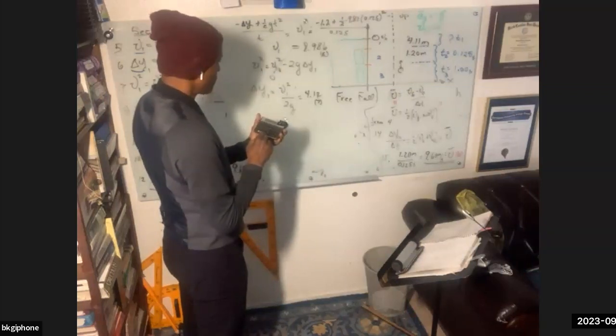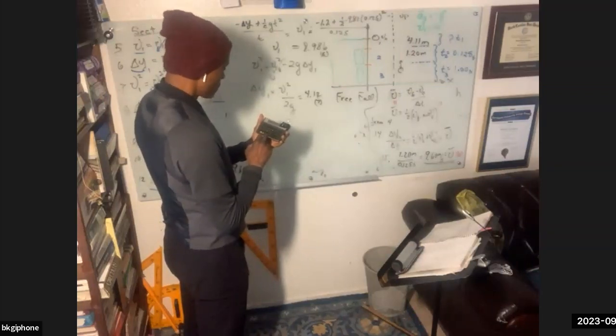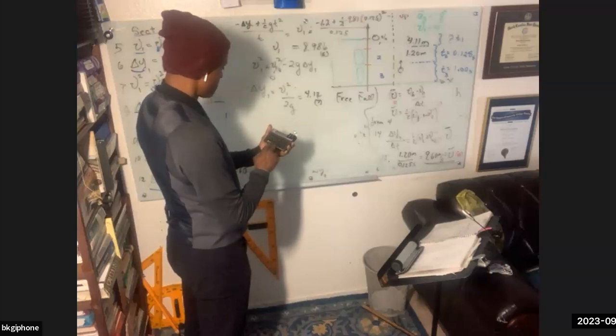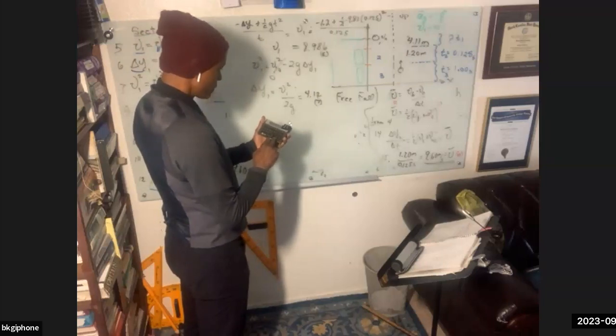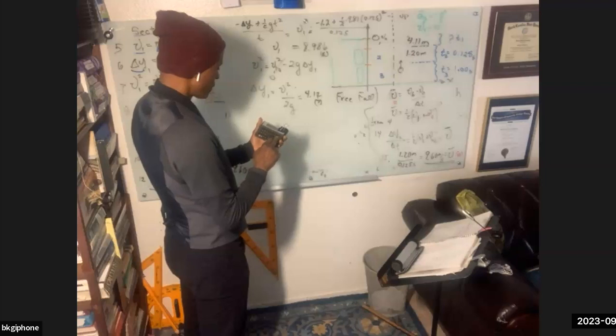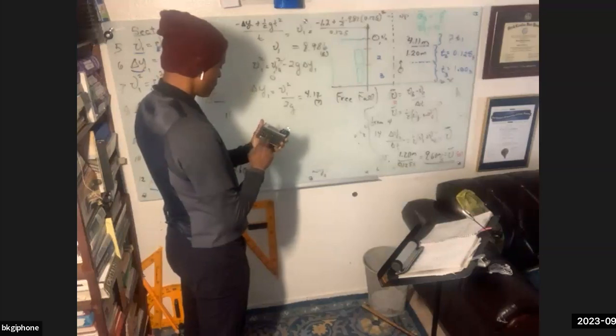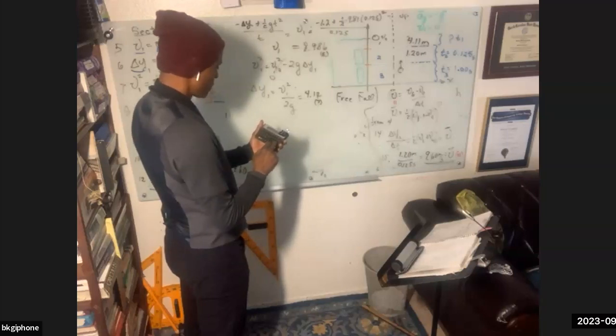Okay, recall that guy. 1.125 times 0.125 squared, 9.81 times divided by